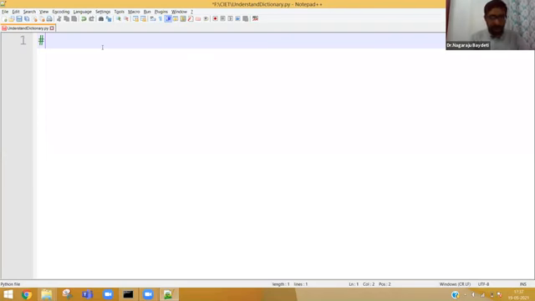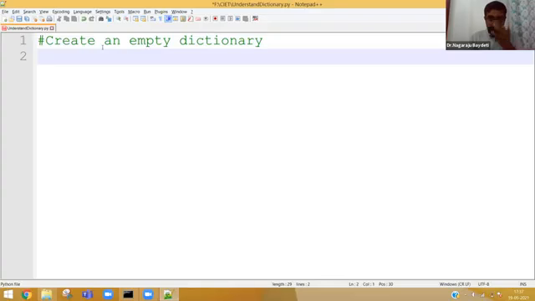Create an empty dictionary. If you use curly braces, that is called an empty dictionary here. For example, my_dict is equal to empty curly braces.